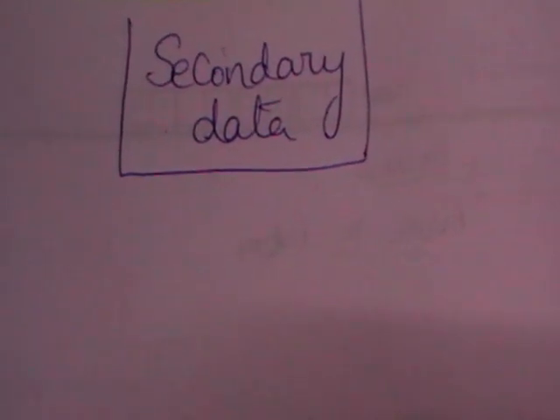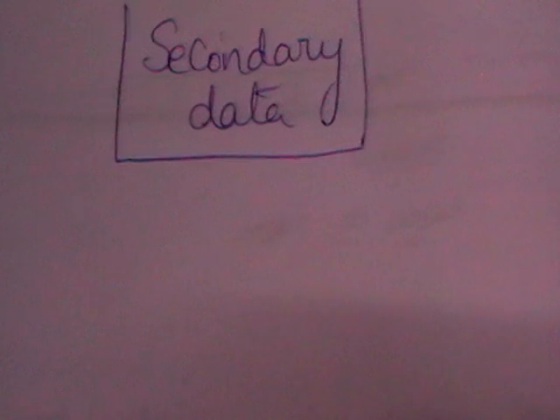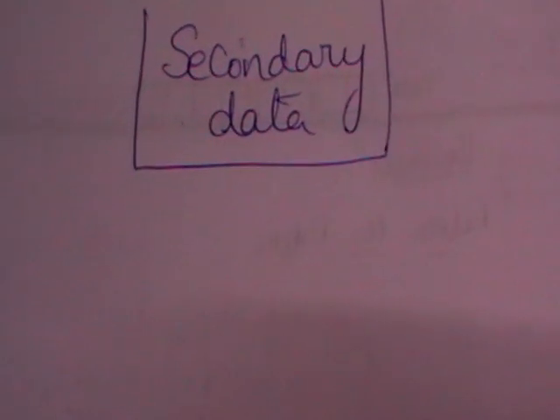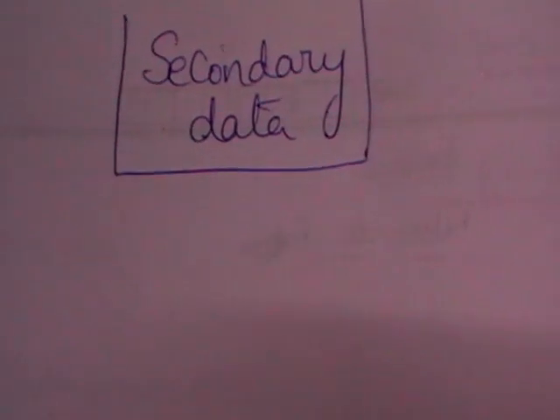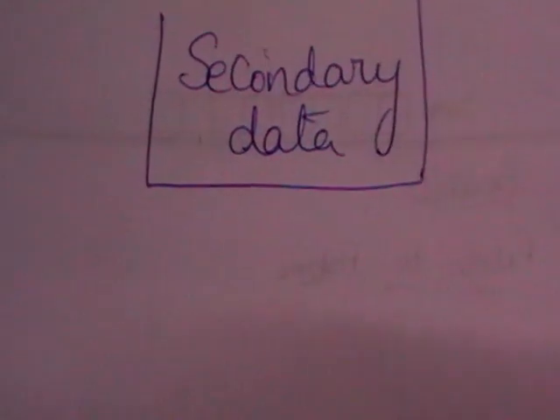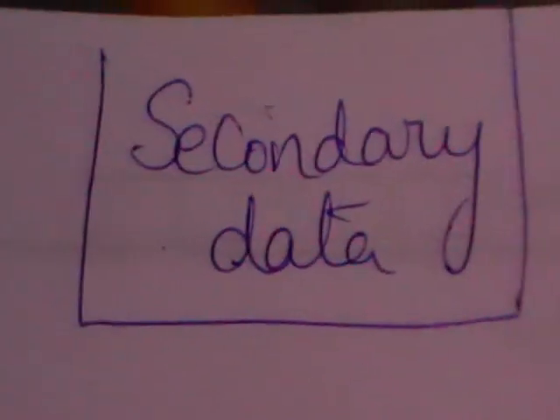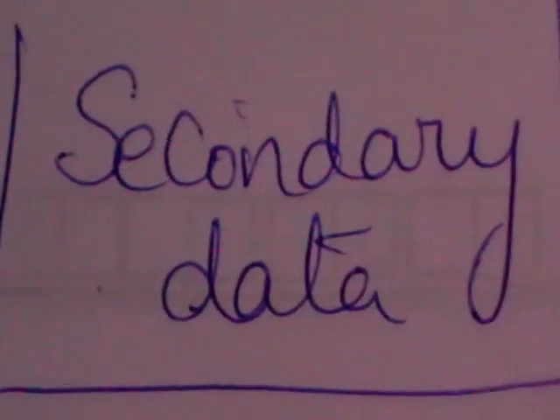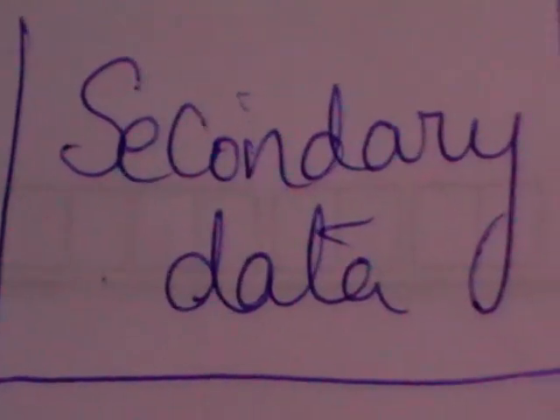So we have discussed primary data and its methods of collection. Primary data is the data which is collected by the investigator for the first time for a specific purpose in view. Such data has never been used earlier. It is collected as first-hand data, and it is used only for that particular purpose.